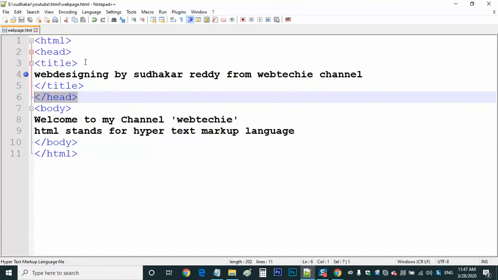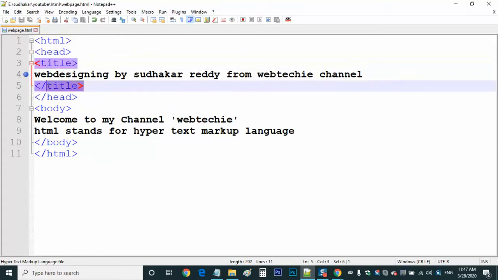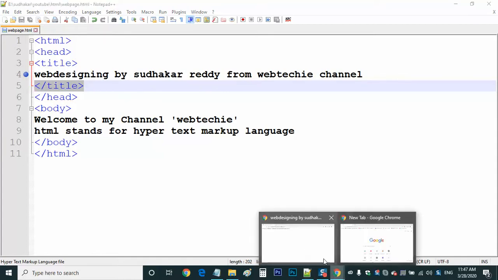Like if we can see, there is a title tag, and the title tag is closed, and the title is going to display in your web page like this. See here, the title is showing here. As I said, in every website you will find a number of web pages. A website is nothing but a collection of web pages. Each web page contains information in the form of images, text, videos, etc., and it contains even the title also.